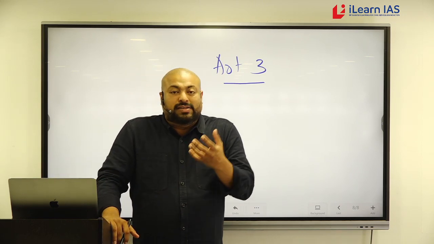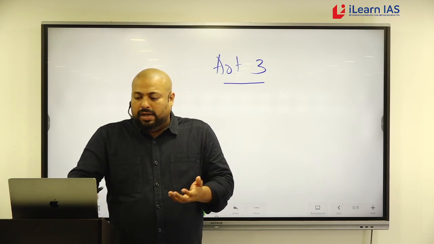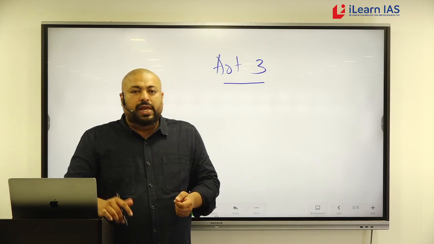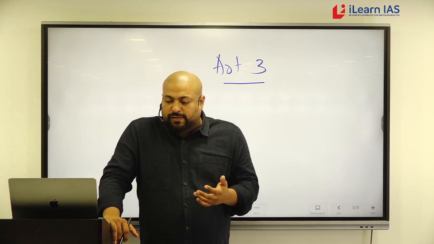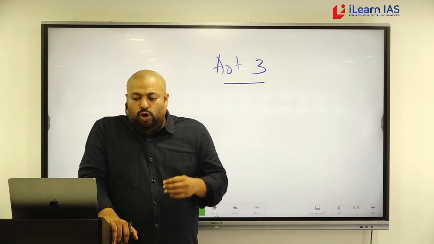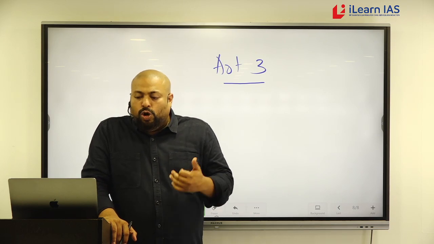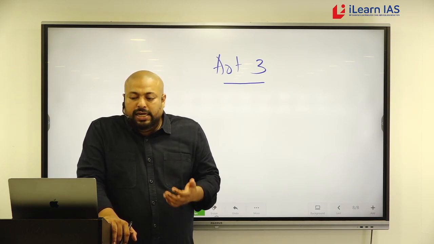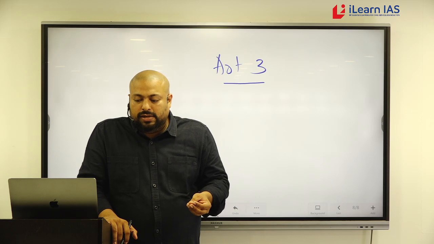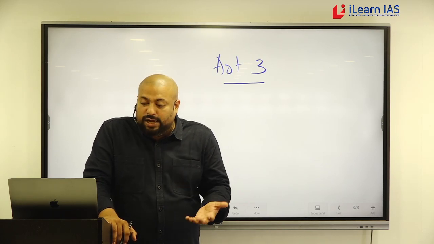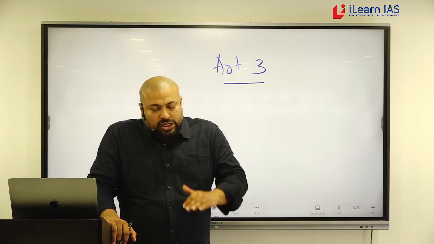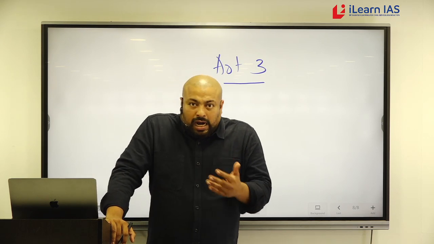So here also it starts with: Parliament may by law form a new state by separation of territory from any state, or by uniting two or more states or parts of states, or by uniting any territory to part of any state. Next one, increase the area of any state, diminish the area of any state,